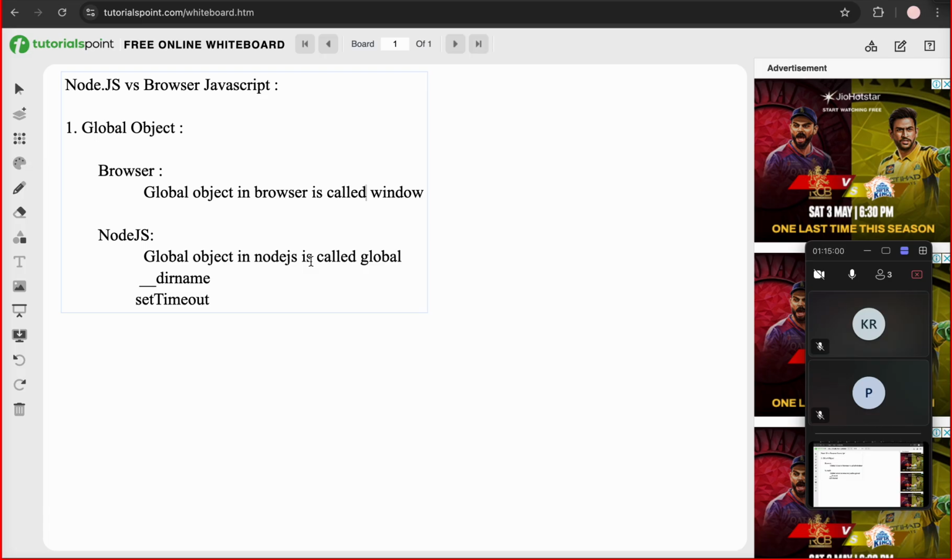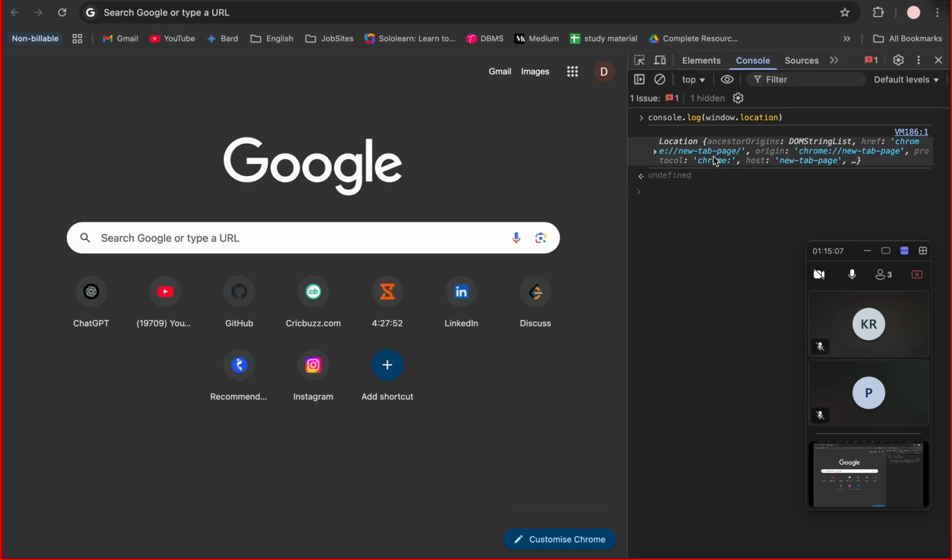Here we are able to see window, but we have to check global.setTimeout here, console.log, there is a global,